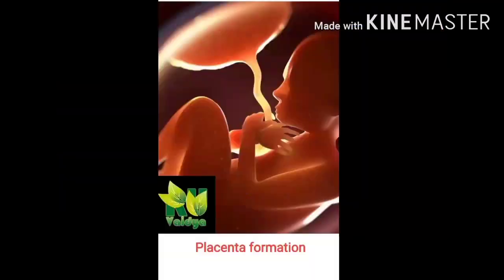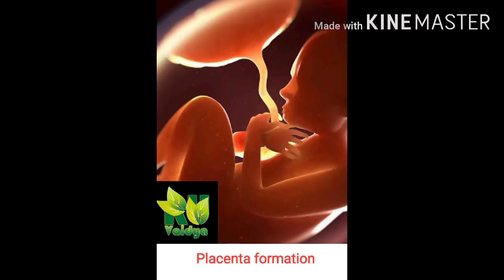Hello friends, we are today going to discuss something about placenta formation. So in this section we are going to deal with placenta formation. Only the eutherian mammals possess placenta. The human placenta is discoid in shape, hemochorial, because of direct contact of the chorion with the maternal blood, and decidua, because some maternal tissues are shed at the time of parturition.